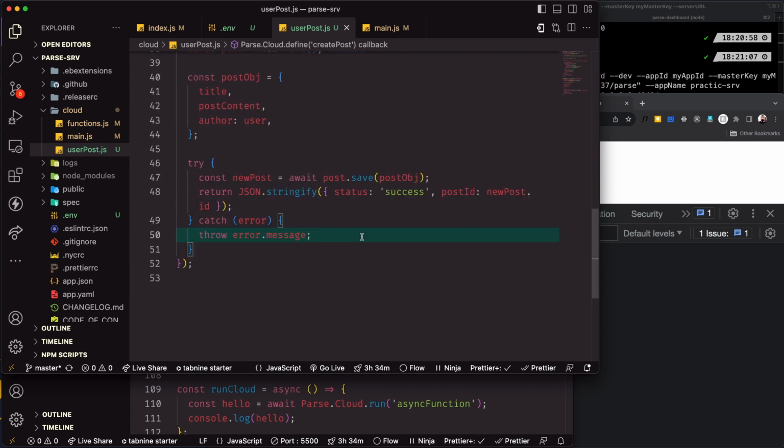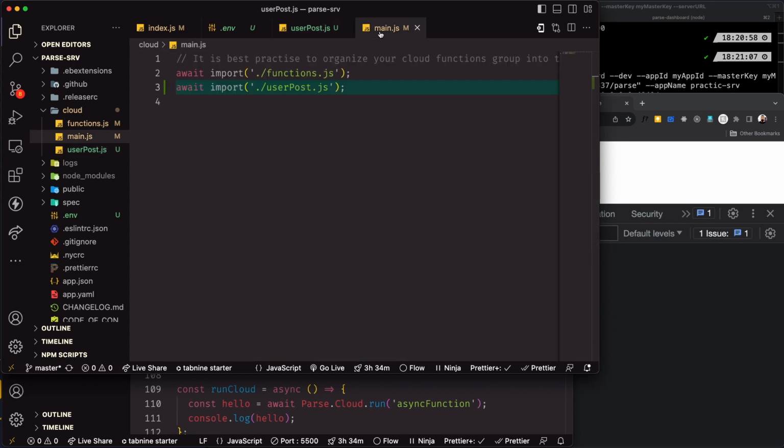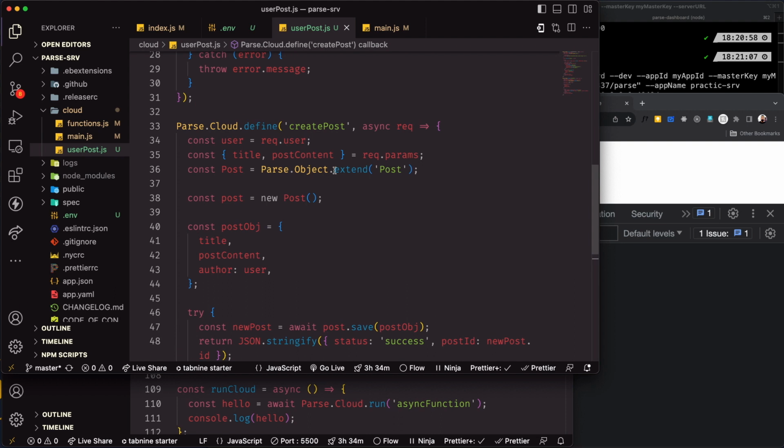Cool. Now I think we are done. In main we already imported this file, so we don't need to do anything here. Now let's copy this and go on the client side